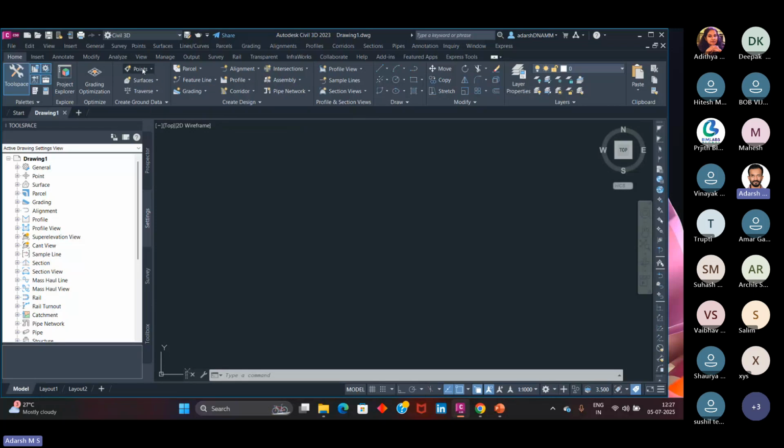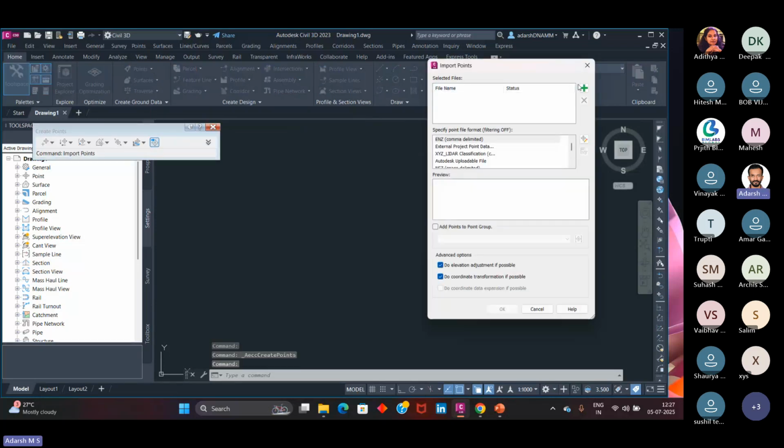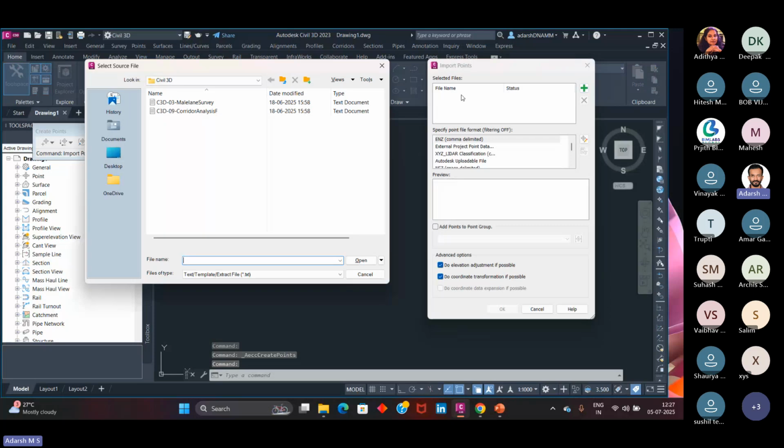So I will simply import something here. I'm not going to explain each and every tool. So I will be simply demonstrating how we can import some points. So see, you can see some two files. These are the two files that we got from some surveyors. They will be providing the survey results in this form, and we can adopt this. We can import these things to our projects, and from that points we will develop our project. So these will be simply some points. So I am going to upload this file right now,